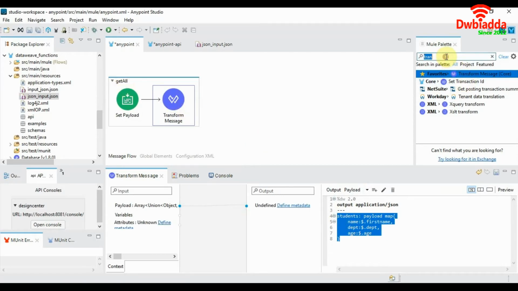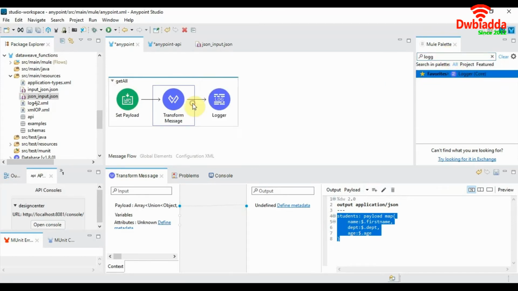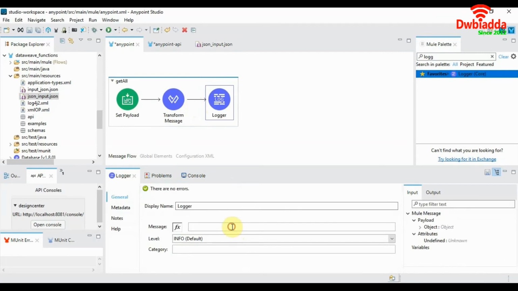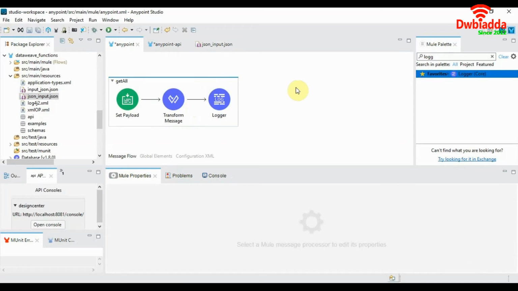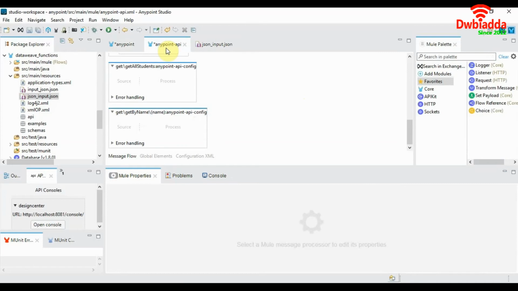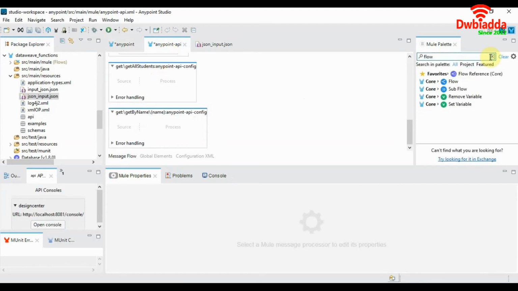Let's add a logger here to log the payload. And with that, our get all subflow is ready. So let's add a flow reference in our get all students endpoint that will point to our get all subflow.